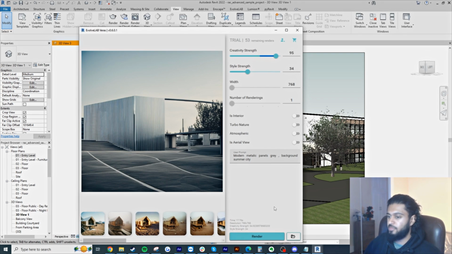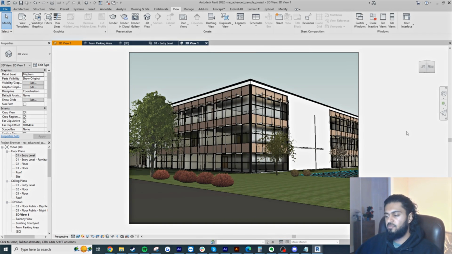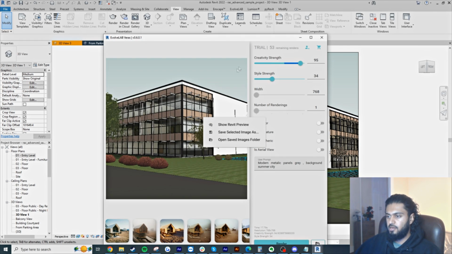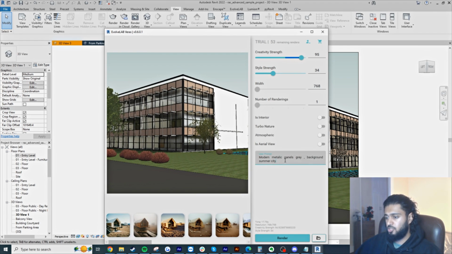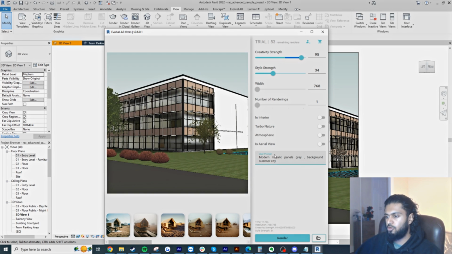Okay, so this image is clearly confusing the AI quite a bit in terms of what it can generate, so I'm actually going to change the camera up quite a bit and see what else we can do with this one. Okay, so now we have a different perspective of the building. Let's see if this one works a bit better with it. I'm going to go to the plugin, this is the correct view, and let's just try the same prompt and see if it gives us something better than the previous one. So this was the previous one, same prompt, different angle, modern metallic panels grey, background summer city. If I hit render,